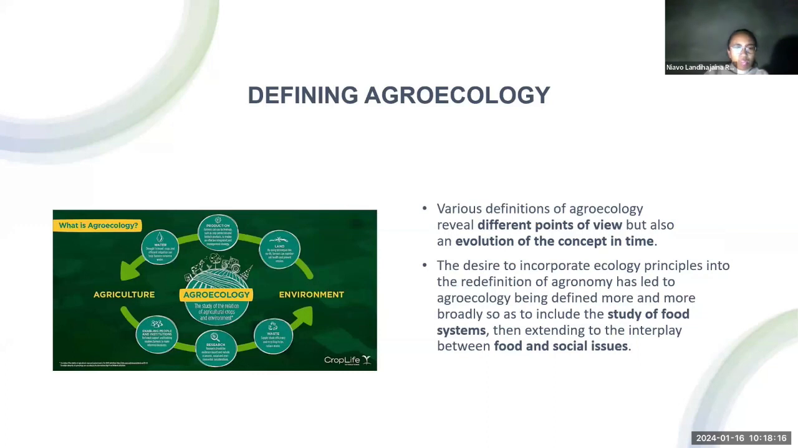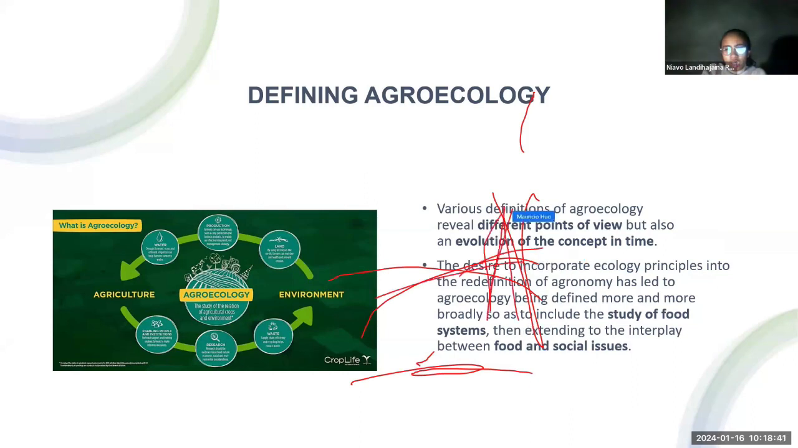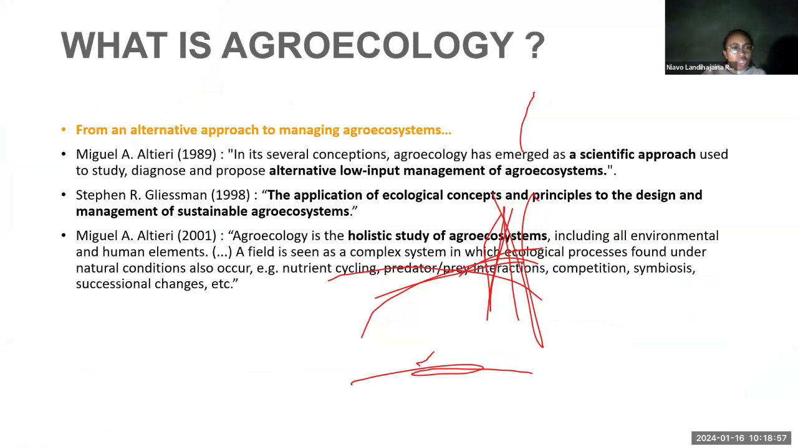In this picture, we can see the agroecology definition. It is especially related to environment and agriculture. There are various definitions of agroecology, with several points of view, but also an evolution of the concept in time. So, what is agroecology? There are different definitions. First, from an alternative approach, a definition from Miguel Altieri and Stephen Gliessman, which is the most important, is